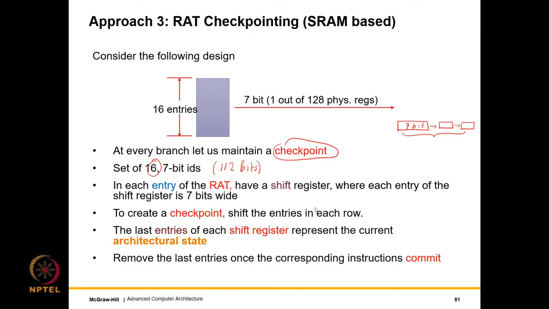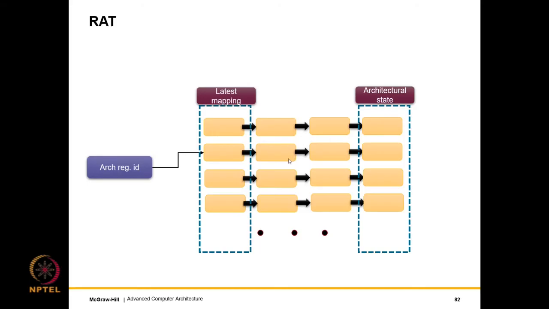Just think of it as a linked list. To create a checkpoint, all that we need to do is record a column of these mappings, which can be seen better on the next slide. So we update the rename table such that each entry is a linked list. Each of these entries is 7 bits. We create a linked list of such 7-bit entries, and then whenever we want to